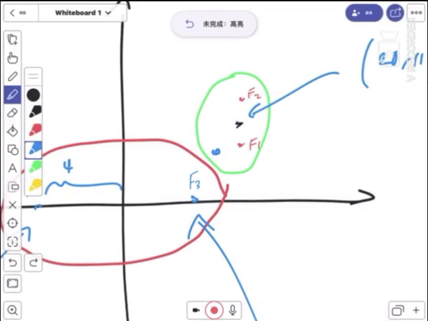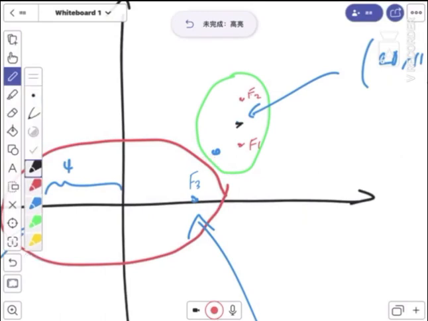So let's call this point the point. Then the best case is when